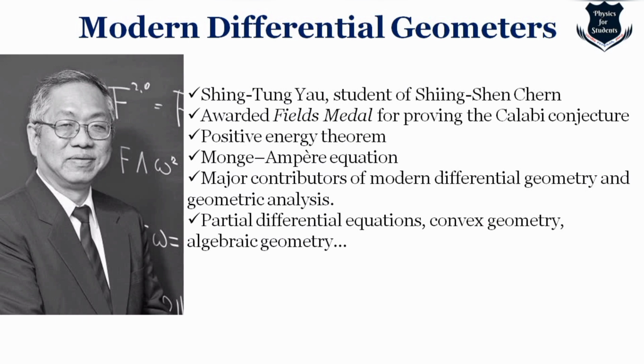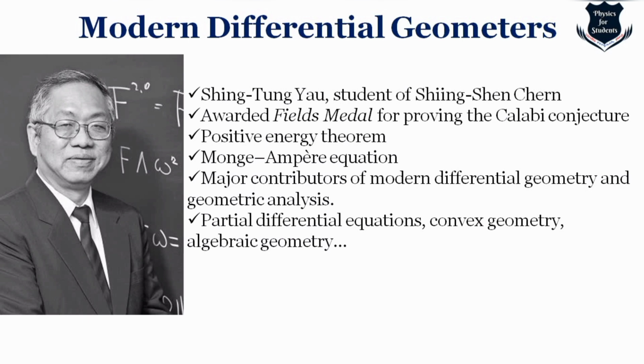In 1949, he was born in China. He went for a PhD at the University of California in around 1969. There he read the Journal of Differential Geometry and was deeply influenced by John Milnor's paper on geometric group theory. Yes, John Milnor's papers on geometric group theory actually created the first flame within Xing-Tung Yao to make his career in geometry.